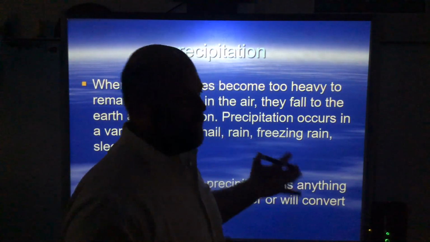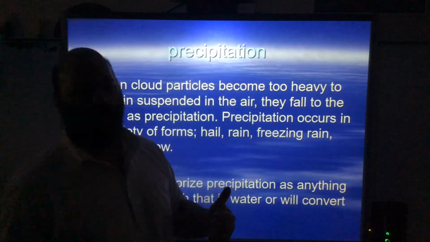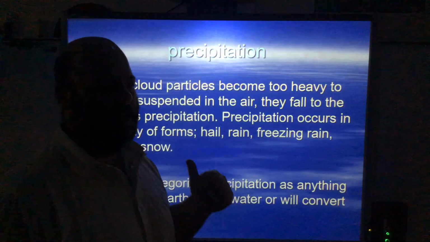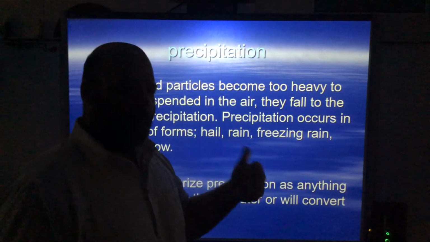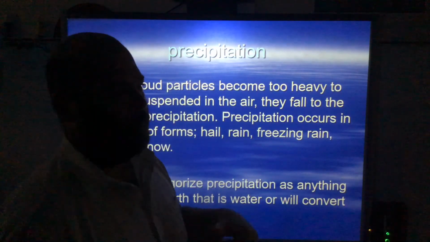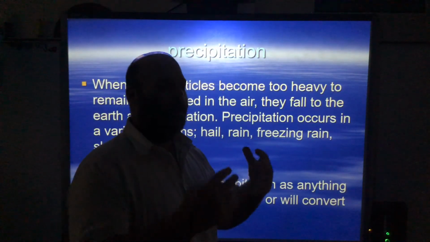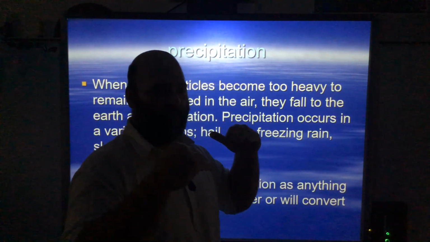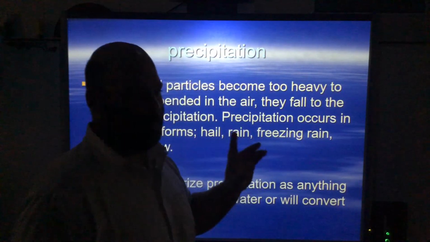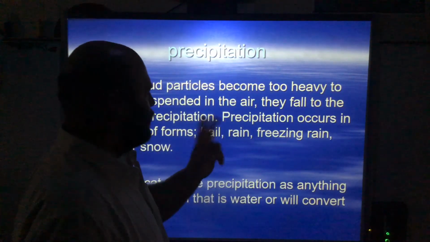Now today, the next step we're going to talk about is something called precipitation. Now if you watch the weather a lot at home, they generally categorize water that falls to earth as precipitation. Hey, we're going to have some wet precipitation. Okay, we're going to have some frozen precipitation. And that basically means that it is water coming out of the clouds in one form or another. Now, this is a pretty easy one, and so is runoff. So we're going to tackle both of these today in a short video.